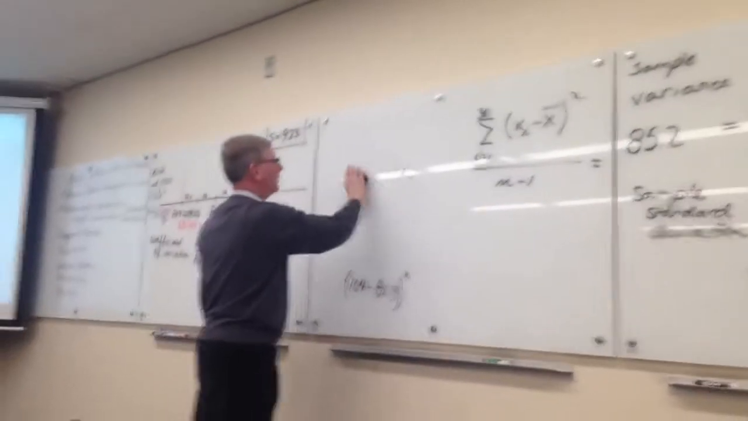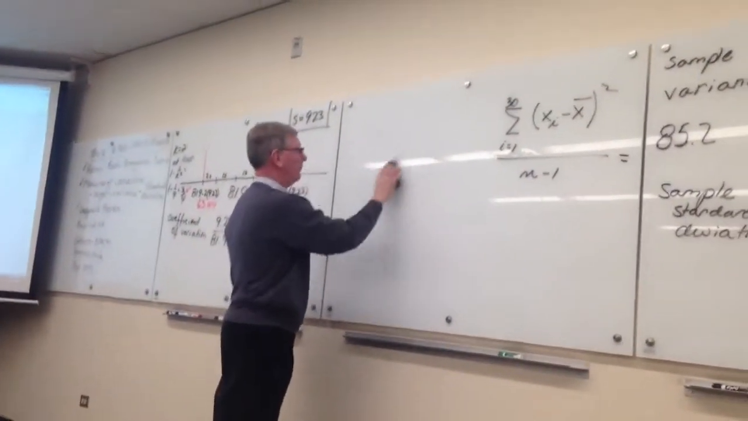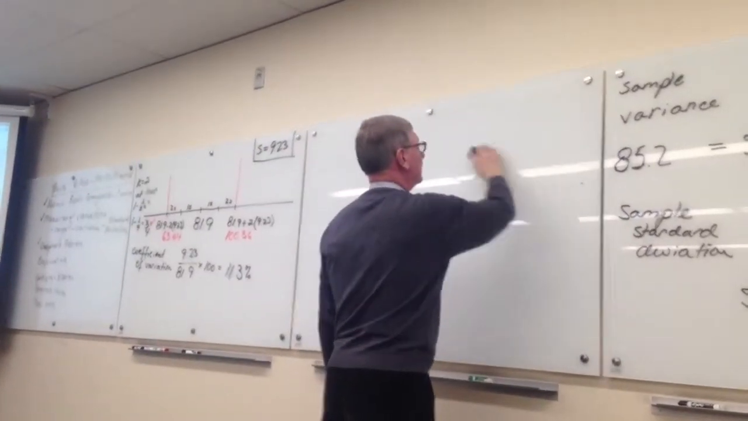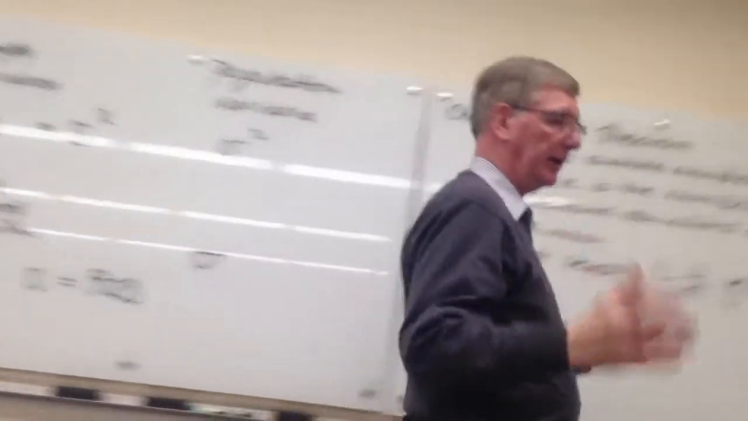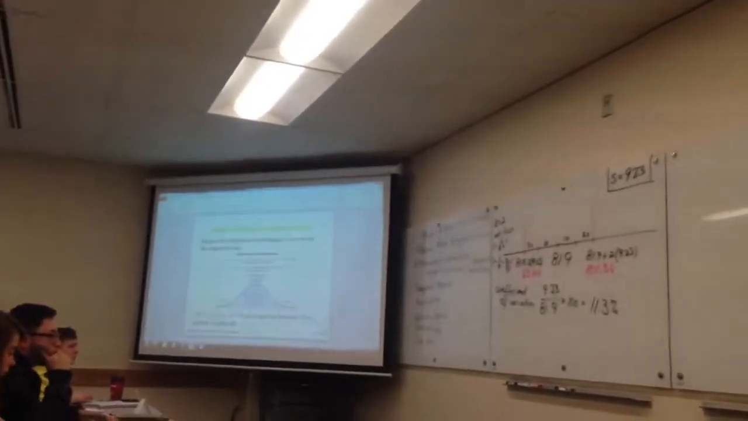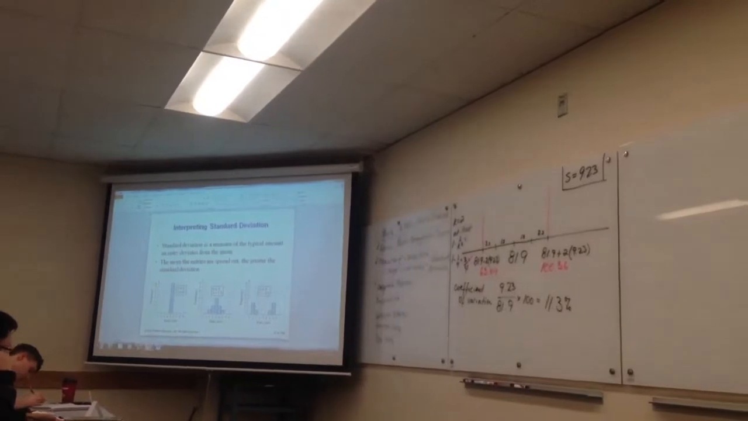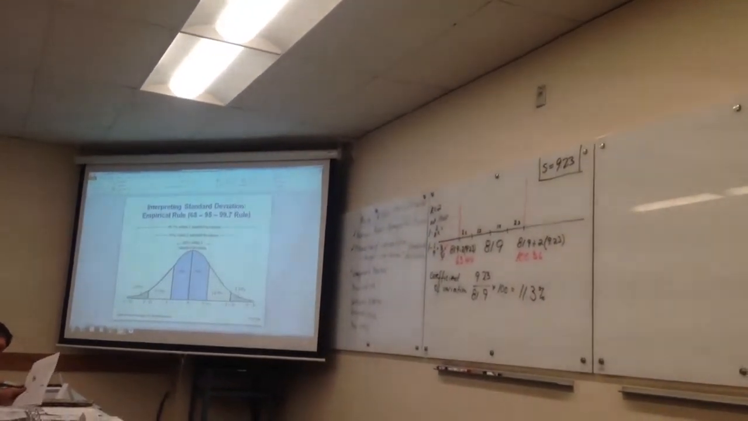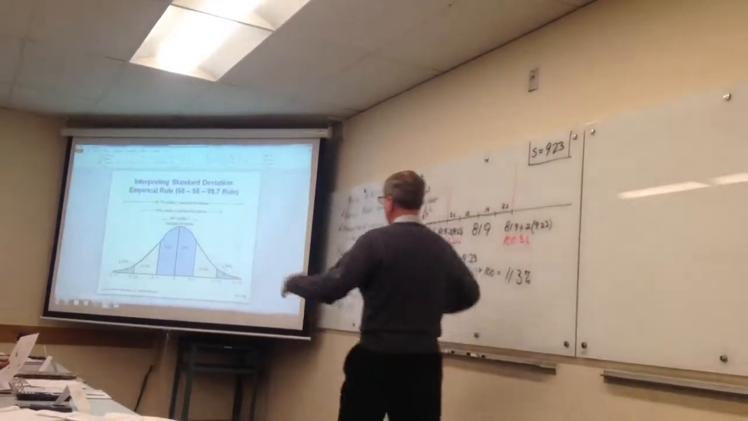The empirical rule says if you have really nicely behaving data, nicely behaving data means that it looks bell-shaped and symmetric. So if I have data that looks nice and symmetric and bell-shaped,